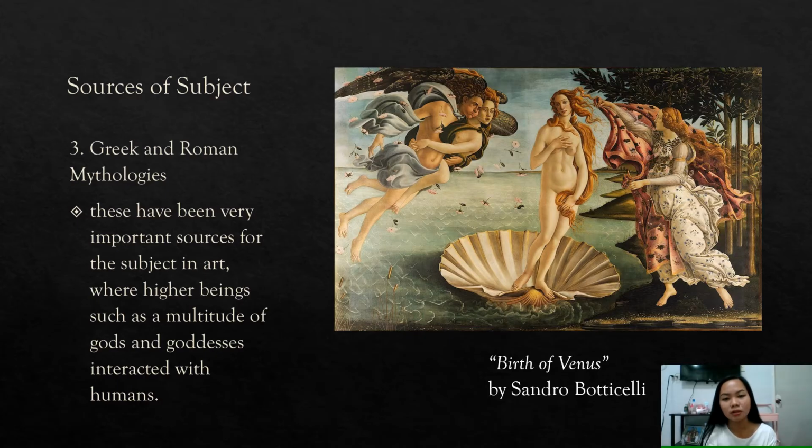So as you can see here, there is an angel, there is a woman who is pregnant, or wait, is she pregnant? I'm not sure. Or she is the one being born, I'm not sure. But this is entitled The Birth of Venus. So there are, let's say, mythical creatures here, right? So this is definitely from Greek and Roman mythology.